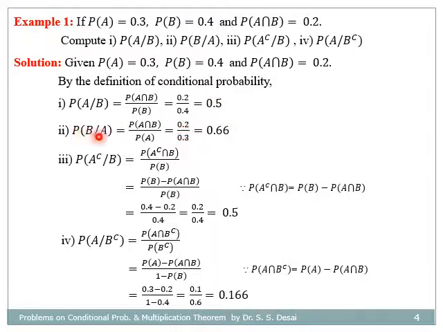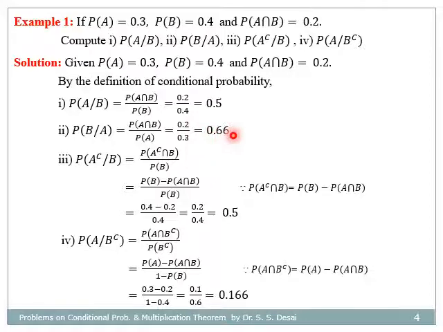For the second bit, probability of B given A is equal to probability of A intersection B divided by probability of A, that is 0.2 divided by 0.3, that is 0.4 divided by 0.6, that is 4 divided by 6,